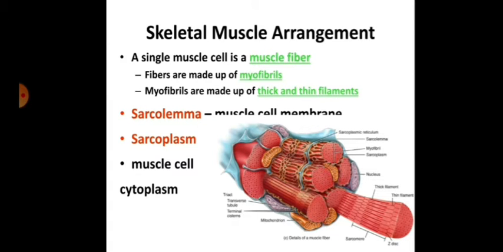A single muscle cell is a muscle fiber. Fibers are made up of myofibrils. Myofibrils are made up of thick and thin filaments. The sarcolemma is the muscle cell membrane. The sarcoplasm is the muscle cell